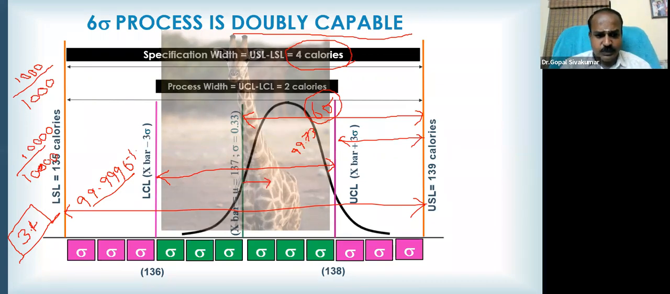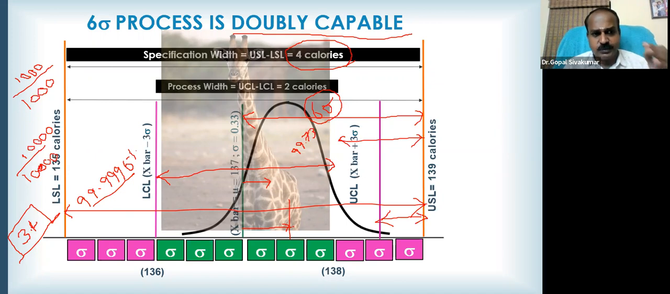So how much distance has your process moved? See here, this distance will be equal to 1.5. Even after a 1.5 sigma shift, your control limit will still be here only. See here, your center is moved, so the control limit also moved. Still there is a cushion of 1.5 sigma. So literally, producing defects is made impossible. And this is what we call the Six Sigma capability of